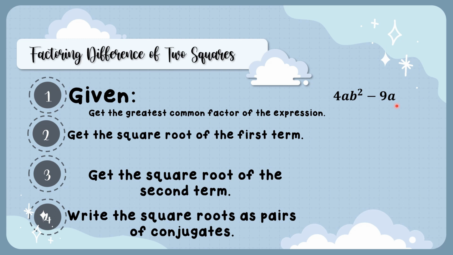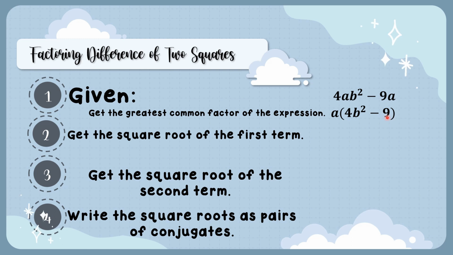The greatest common factor of the expression is a, and the expression becomes a times the quantity of 4b squared minus 9. Since we now have an expression that meets the conditions of factoring the difference of two squares,